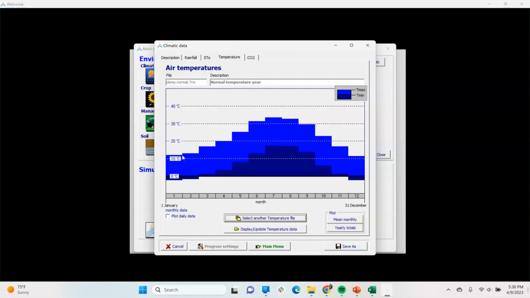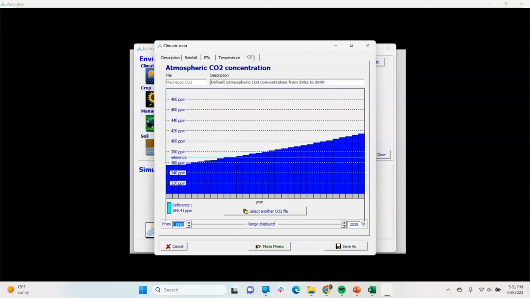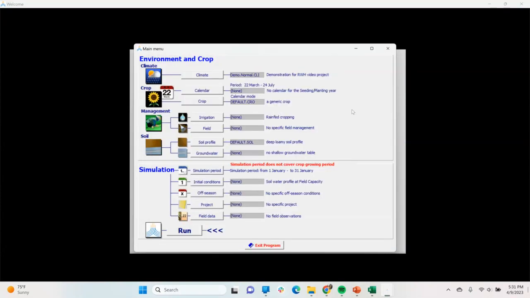meaning that it's going to take the temperature, both the minimum and maximum temperature. And again, a note that these are in Celsius. So you want to make sure that the information you do input into the model is in the correct units. And again, the CO2 concentrations is going to get set to default atmospheric CO2 concentrations from 1902 to 2099. And this is the standard CO2 information based out of the Mauna Loa Observatory. Once you go back to the main menu, you'll see that my climate file is input into the climate portion